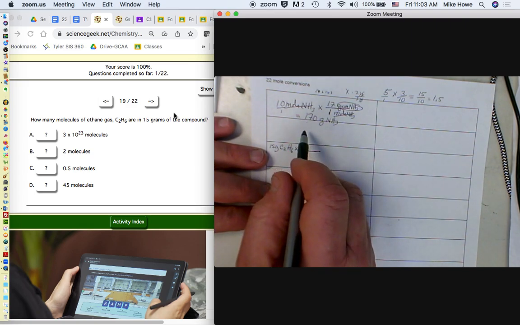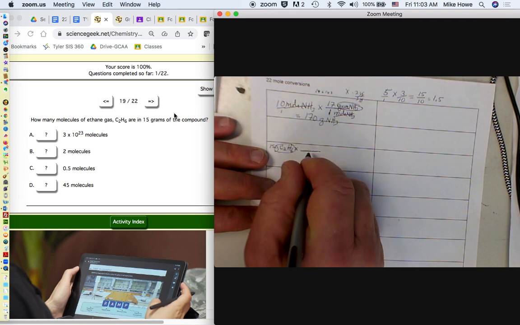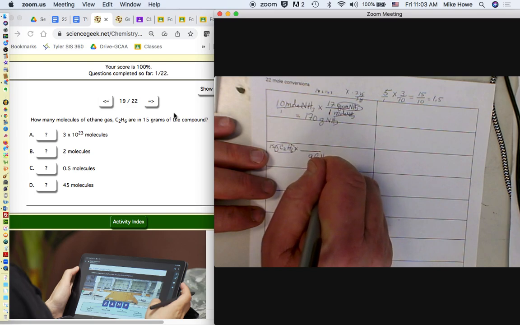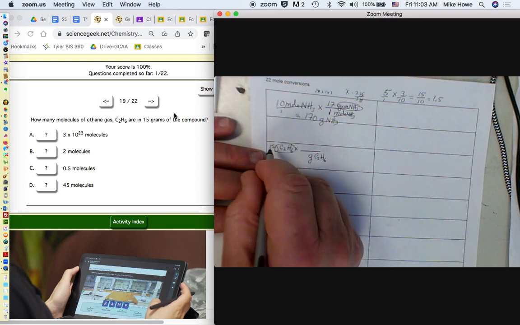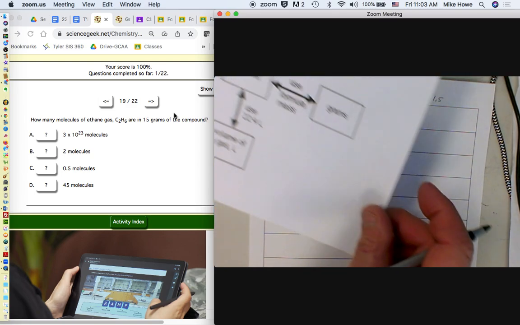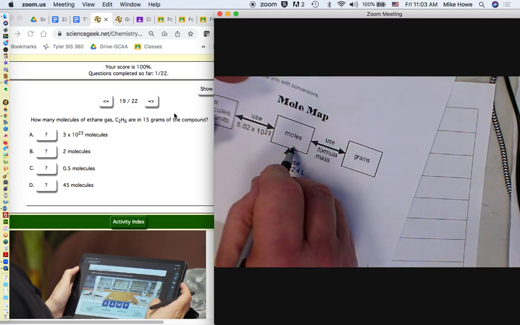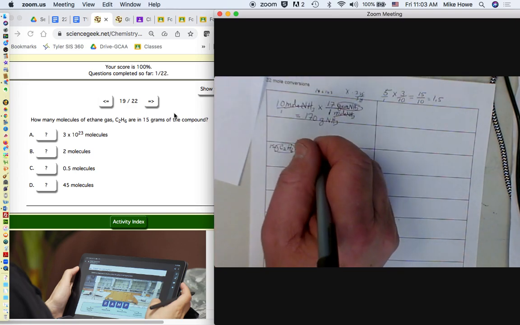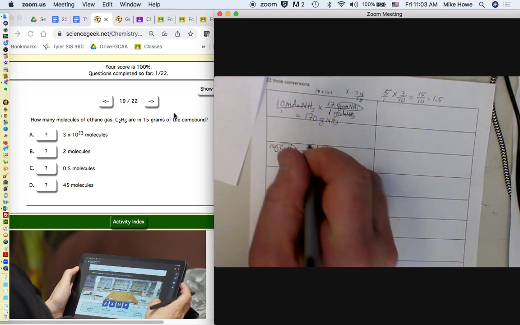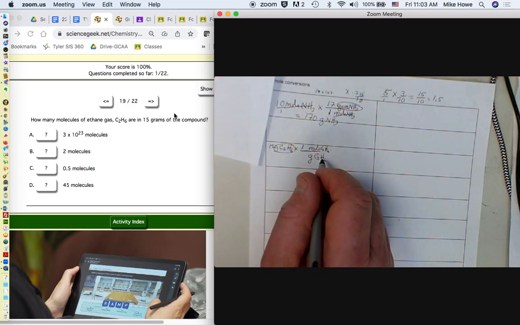So remember in the previous problem, I reminded you that everything that is here goes on the bottom. So you're going to put grams of C2H6 on the bottom. Everything except the number, that is. And on the top, you put what you're looking for. In this, we're looking for molecules, but in this first step, we're looking for moles because we're going from grams to moles. So we're going to put moles on top. All right. The number 1 will always go with moles, and C2H6